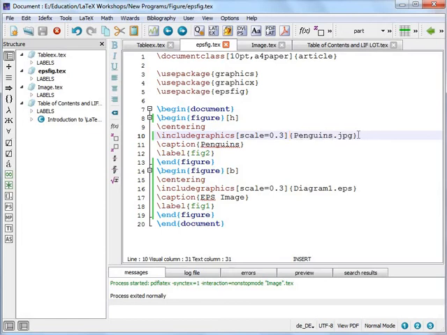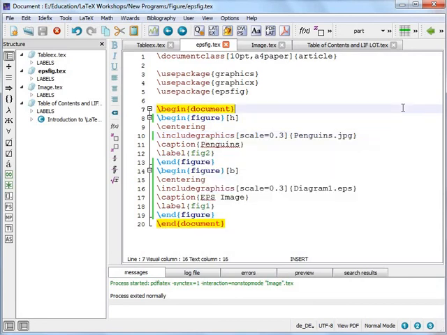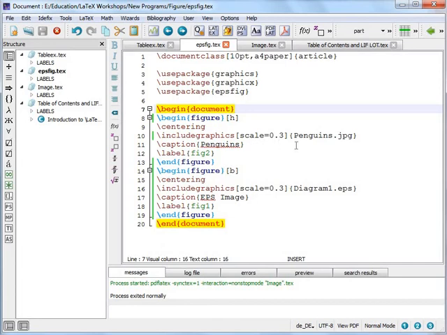And this habit should be maintained, that the figure or image that you want to be included in the document should be placed in the same folder wherein the text file is present, so that when you transfer or pass this file to someone else, he or she will not have a problem in locating these images, or the problem of moving these images from one location to another or changing the path. So then we have used the /caption command to provide the caption as penguins.